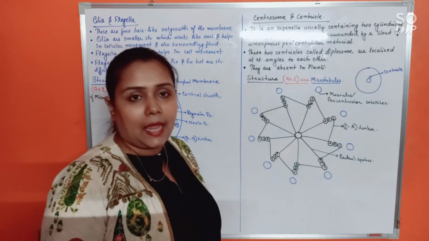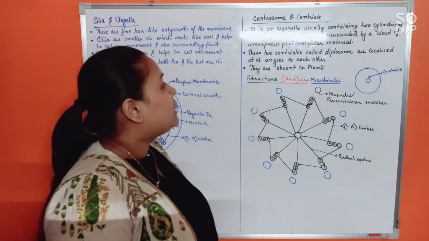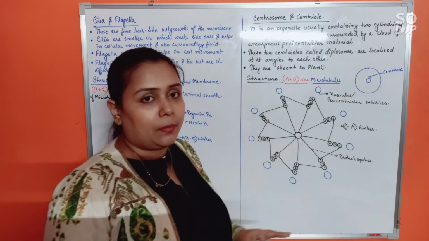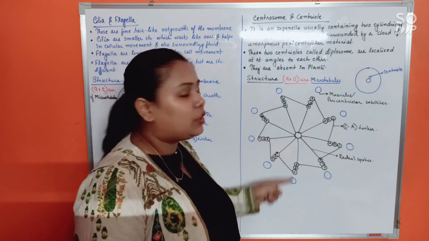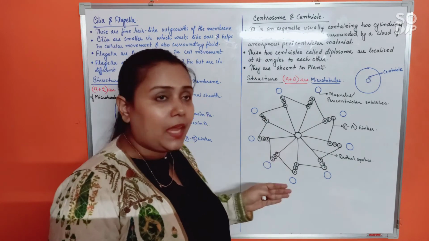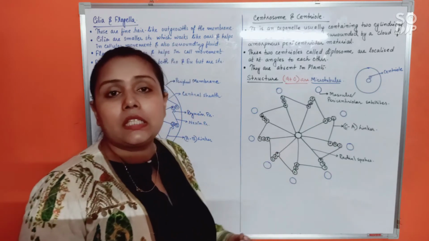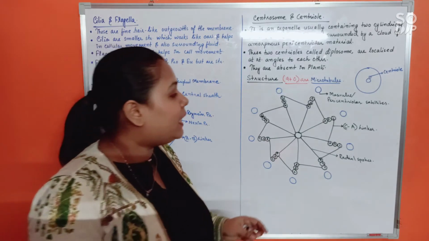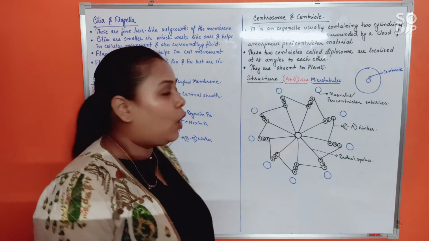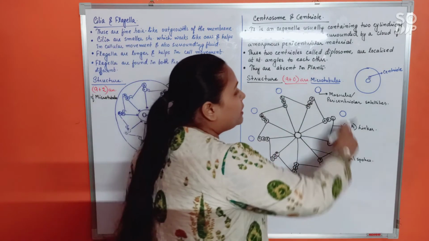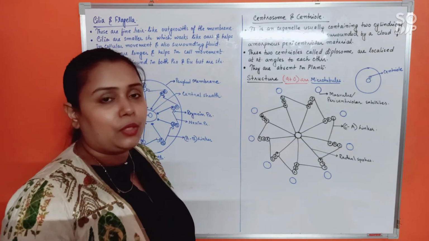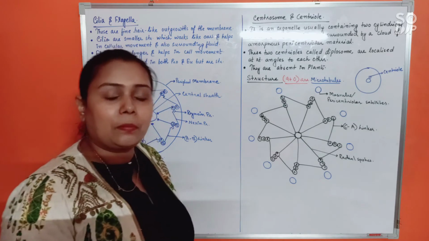Let me tell it to you again so that it becomes clear. The structure of centriole consists of 9 microtubule triplets at the periphery, which will remain joined together by Ca linker, and each of these triplets would remain joined at the center, which consists of proteinaceous hub by the help of radial spokes. Okay, membrane is absent. On the other hand, there would be certain mesiules or pericentriolar satellites that will be found adjacent to each microtubule triplet.